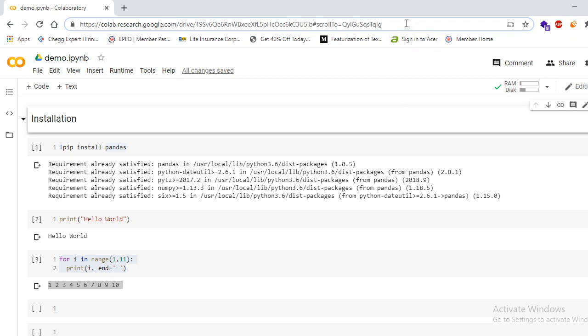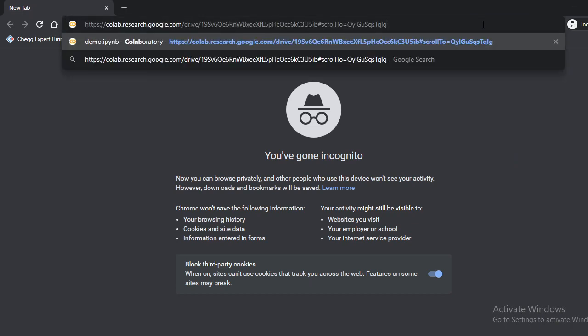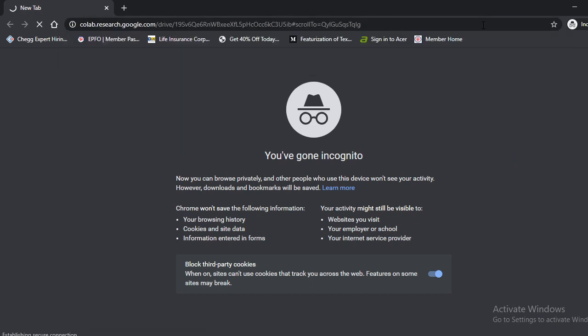For that you just need to click here, and copy this link. Just copy this link, and we will open it in another window and see what we are getting. I have opened the incognito tab. I will just go here and paste this link. Just click enter. Let us see what is happening over here. I have just copied that link and pasted it in another window. It is similar to when you send this link to another person and he opens it on his computer. It is the same thing.